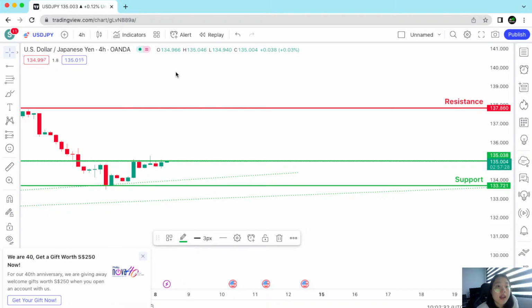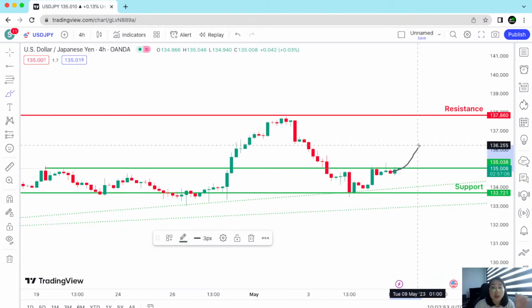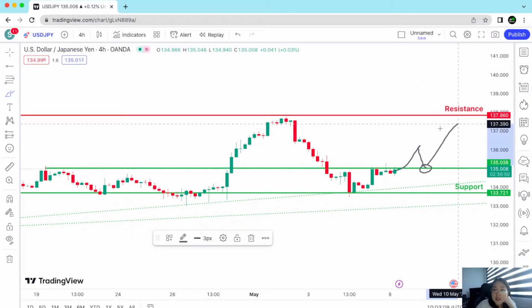Breaking out is a confirmation that the momentum is strong and the momentum is still there. When it breaks out, I want to see a pullback, a retest here. And then you can get in for a buy. This whole train of action needs to happen. The breakout needs to happen. The pullback needs to happen. Only then can you enter for a buy.